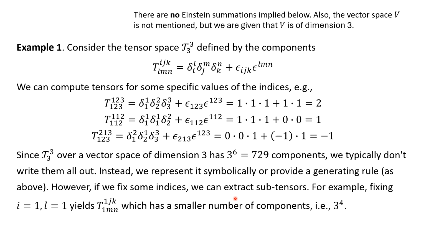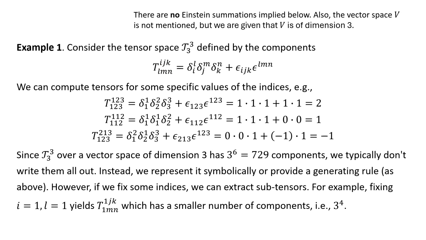We can reduce the number by looking at subtensors. For example, we could take I and L equals 1, and then that would have a smaller number. We would still have n equals 3, but then R and S effectively, since we've set two of them to constants, would just be 2 plus 2, so we'd get 3 to the 4th possible components. Now, the interesting thing is, given this, we can compute any mapping of the tensor from the 3 instances of V and 3 instances of the dual space to the real numbers,